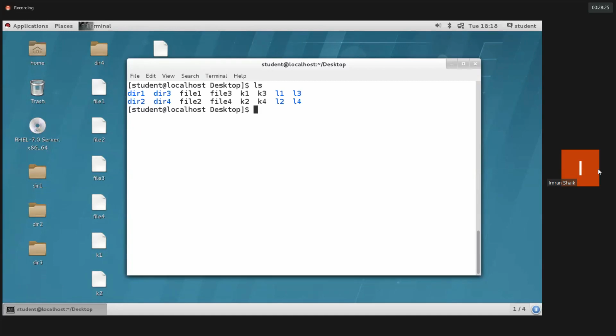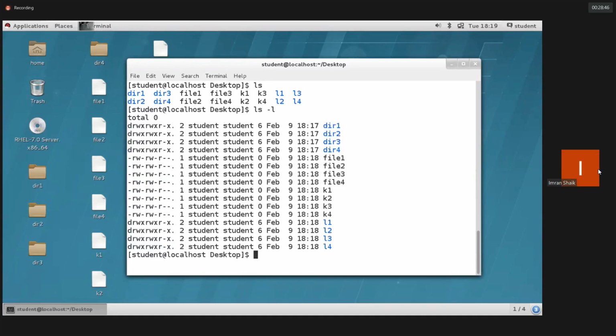I need the properties of the directory and of the files. Properties means the metadata of the particular directory or file. That means ownership, group ownership, permissions, how much size we have, and by what time it was created, the timestamp, everything. That is called properties. ls -l is a command, so we'll get the detailed information related to a particular directory or file.